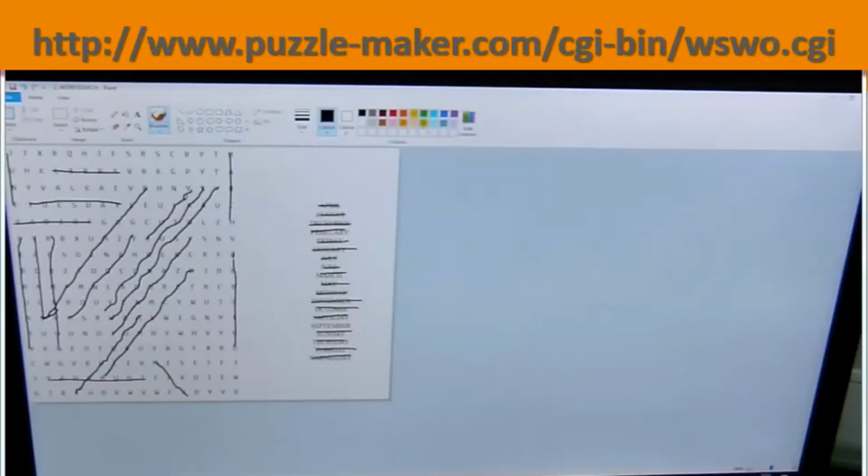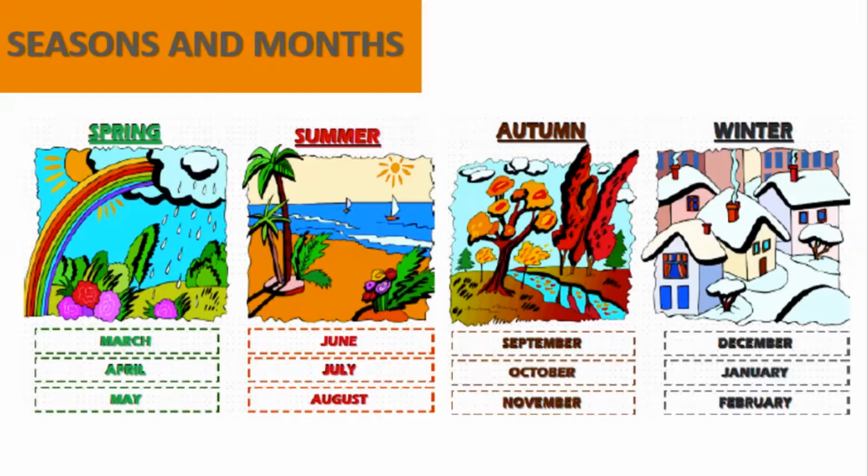After they finished, they had to answer some questions, like what is your favorite day of the week and what is your favorite month of the year and why, so they had to explain their answers. Next step was talking about seasons. Students had to name all the seasons and say what months belong to which season. They had to name 3 months for each season. Also, they had to explain what is their favorite season and why.